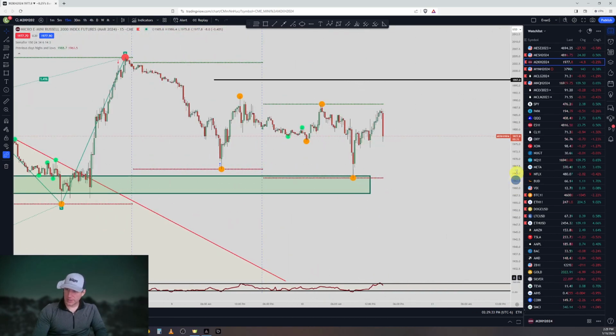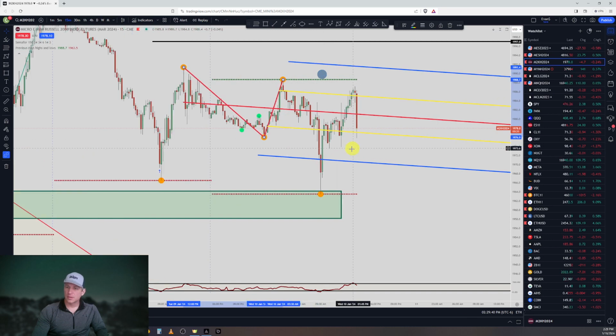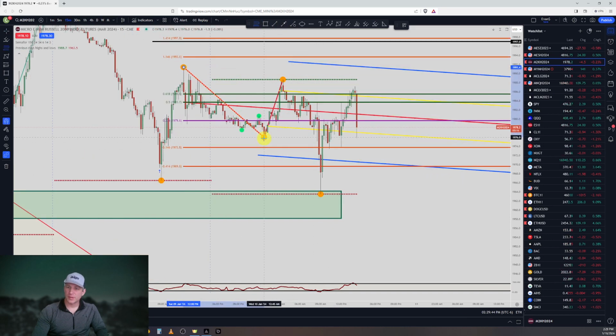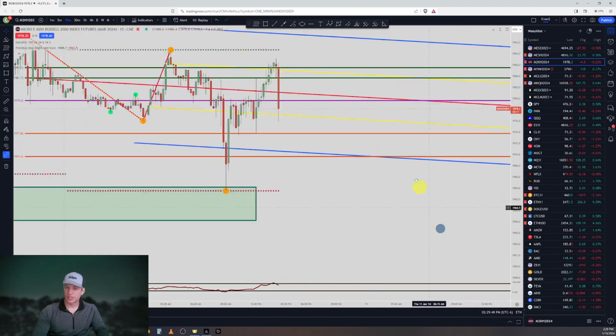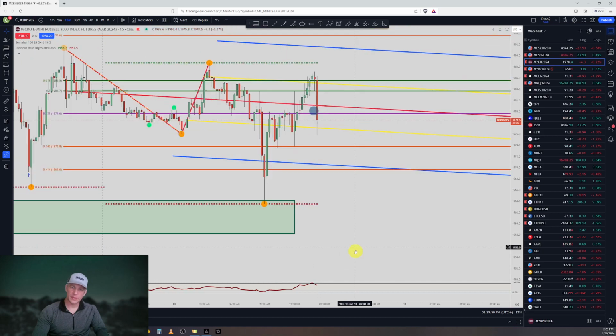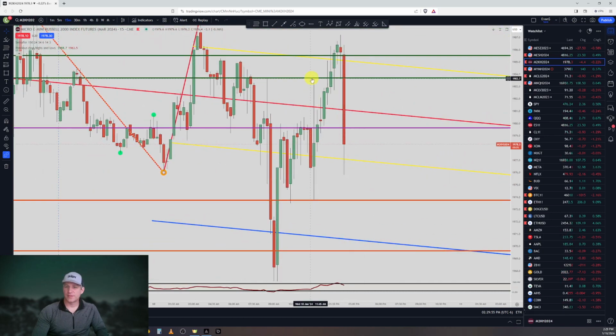Is there anything else in here? There's an ABCD right here. So it did close below it, but I think what happened with this one, yeah. So it did close below it. So we were initially looking all the way down here, the white one being the short target for that, but price went up, hit the 50,